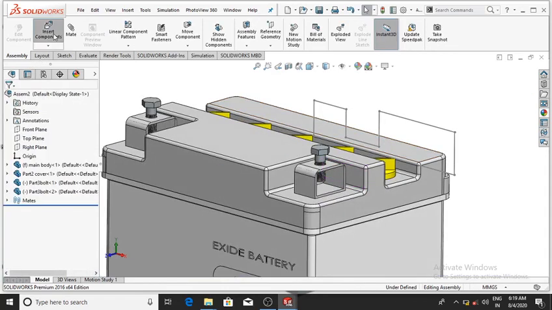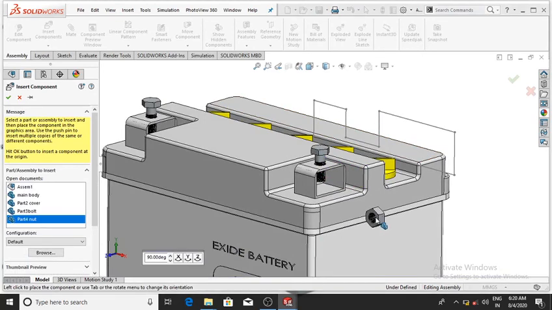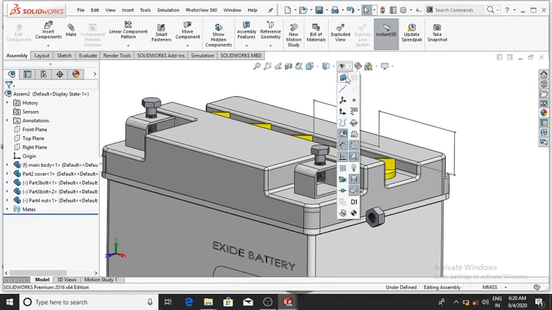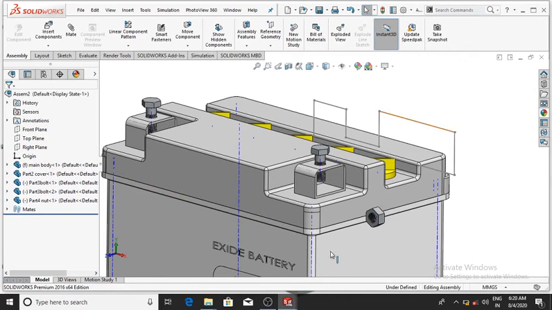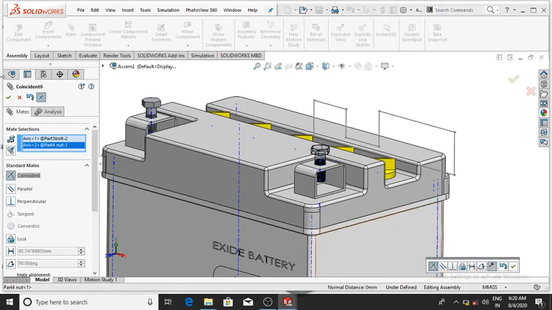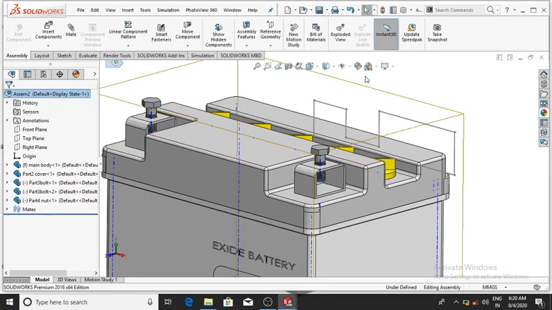Now go to the insert component and select the nut, then okay. Now we select the view axis and go to the mate and select this axis and this axis and make it coincident, and then OK.